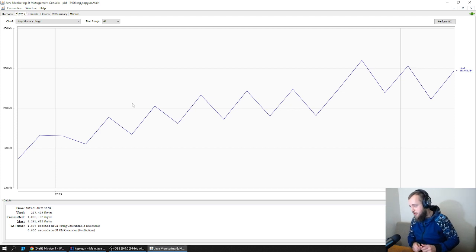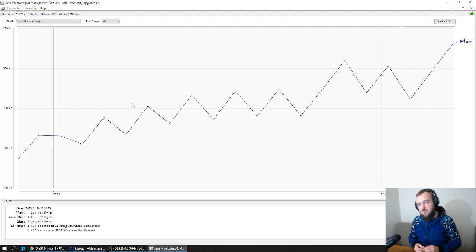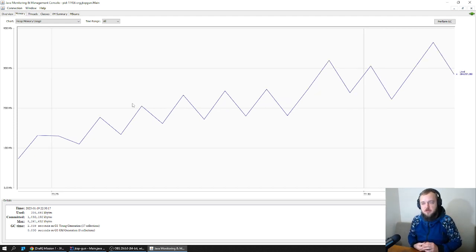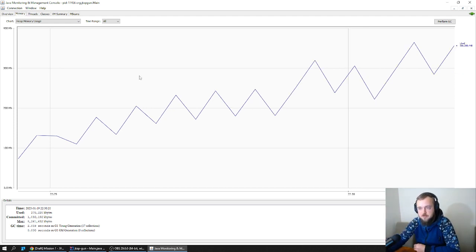Question: if in production you notice that the heap is growing, you will start to look for memory leaks. But there is no memory leak here. It's just a slow finalizer method. And now